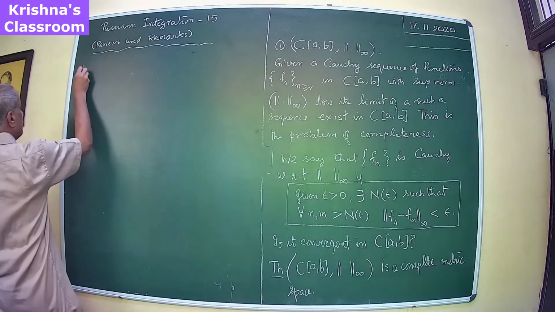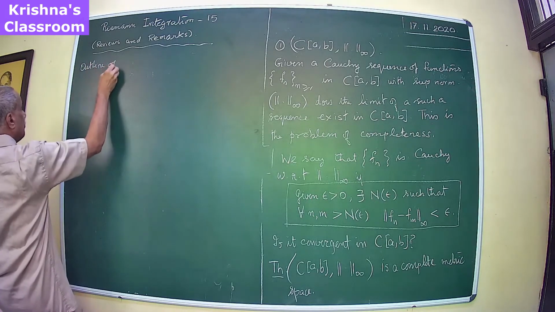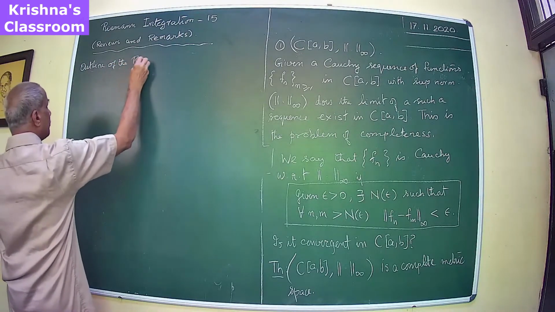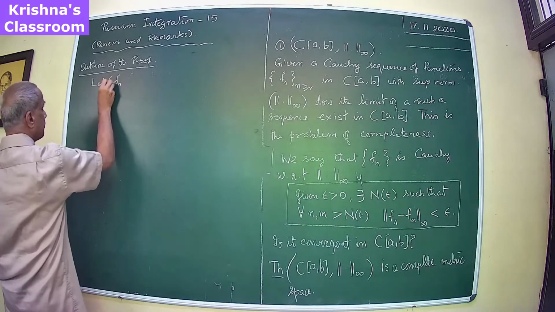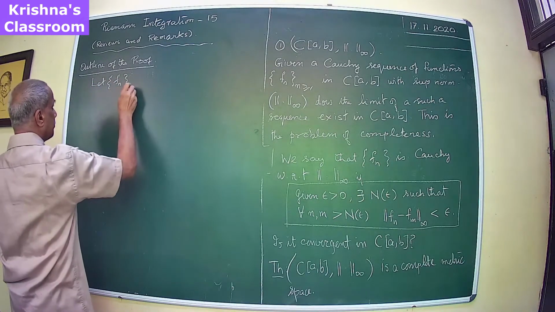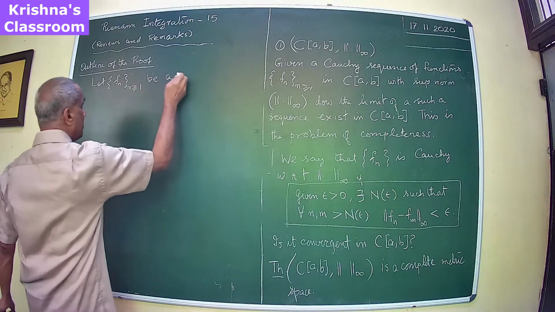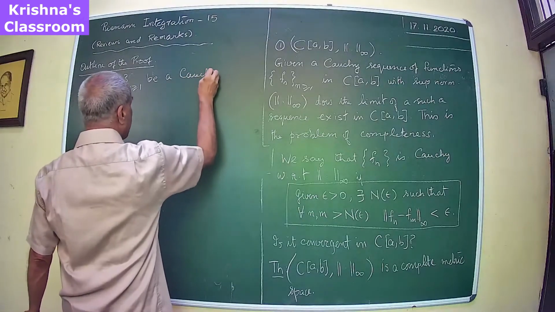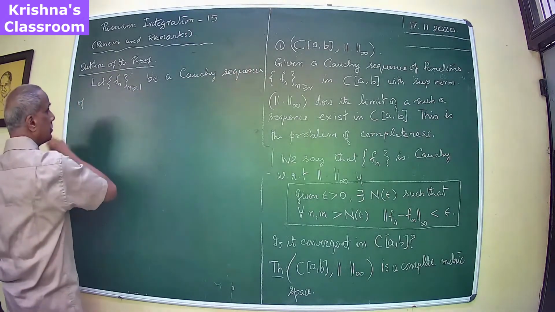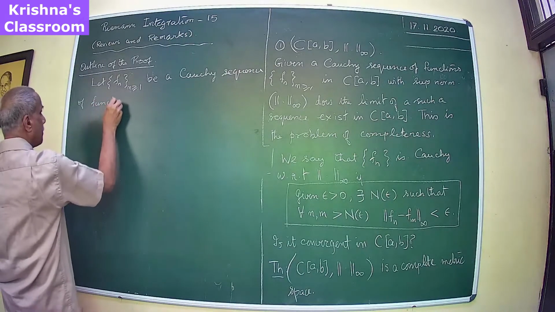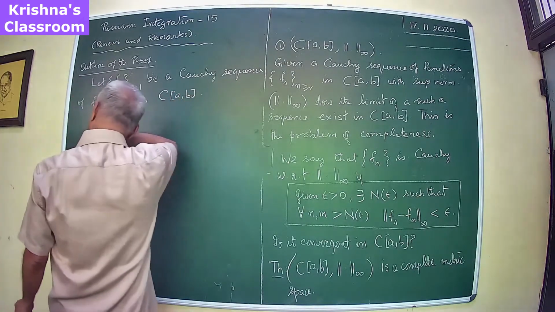Let Fn be a Cauchy sequence. So we claim that